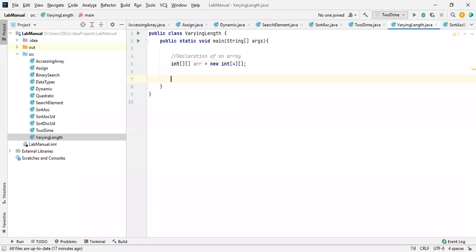Let me ARR. Now I'm going to vary the lengths of a particular array. The first element has been given length 4, and now this consists of different lengths.